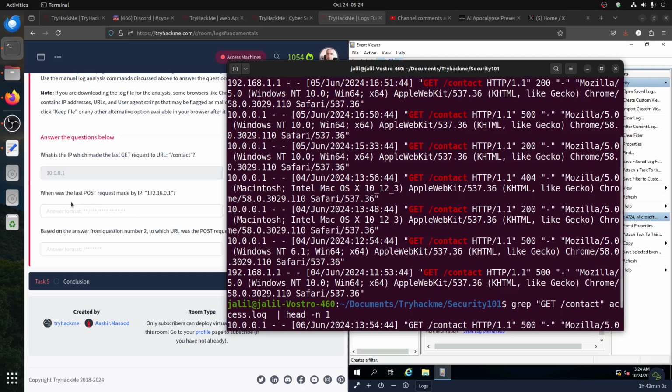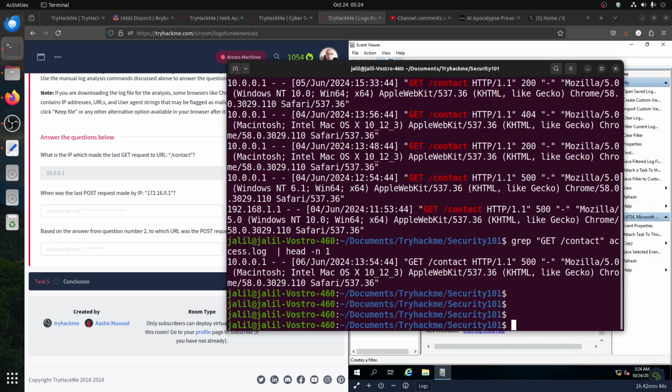The next question is, when was the last POST request made by an IP? The last. The same thing, the last, so I mean the top of the file. So what can we do here? We can grep the IP they give us, the 172.16.0.1